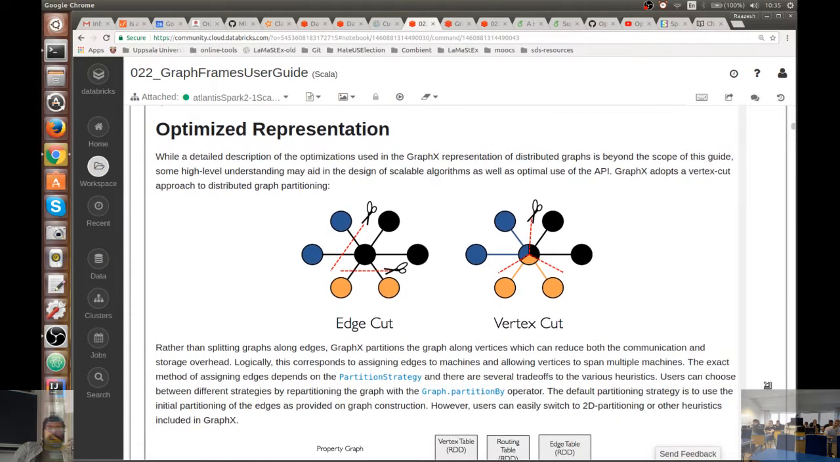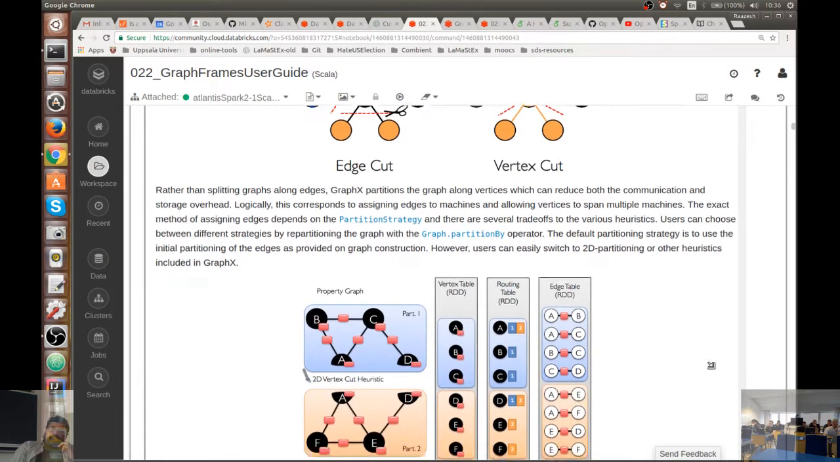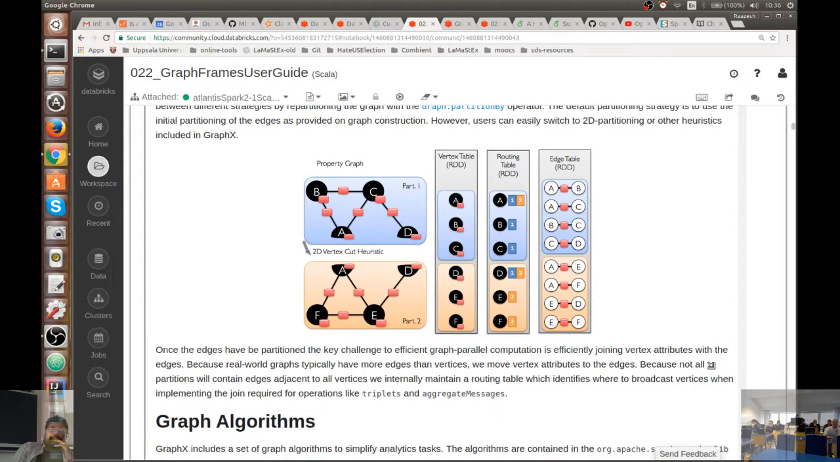So this is what I was saying. You can either do a vertex cut or an edge cut. In Spark, the basic partitioning algorithm is vertex cuts. So this subgraph will go into one machine, this will go to another machine, and this will go to another machine. And then this shared vertex will say how to find the other nodes. Okay, so